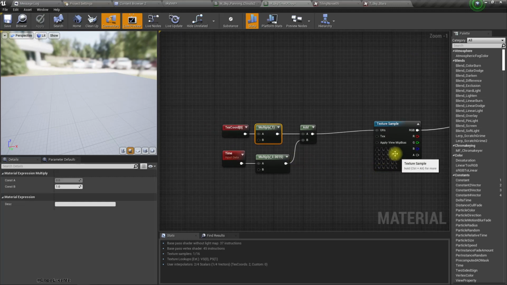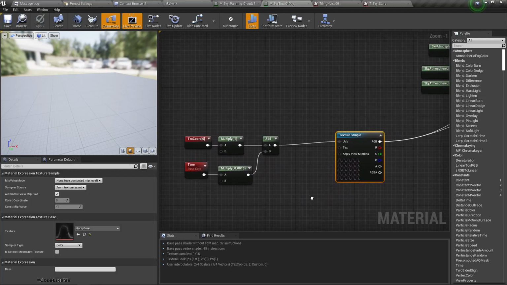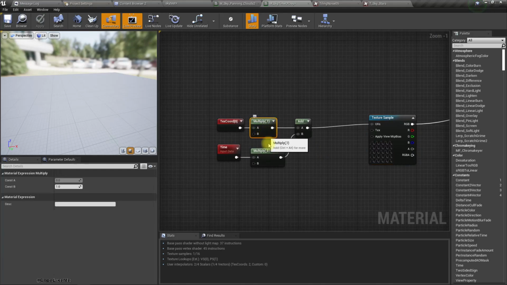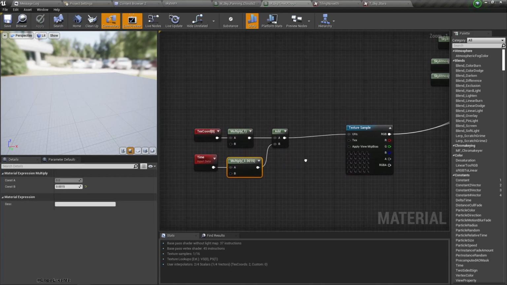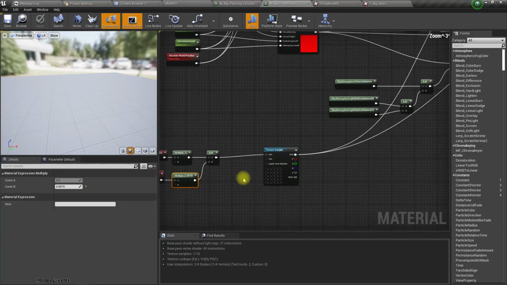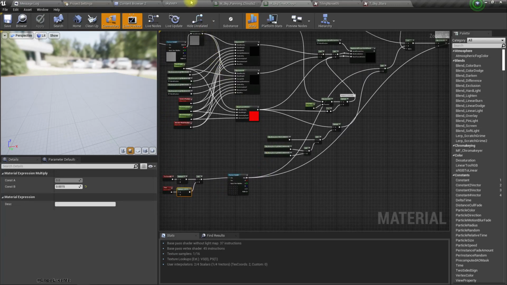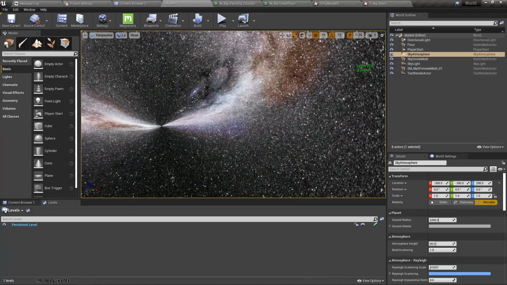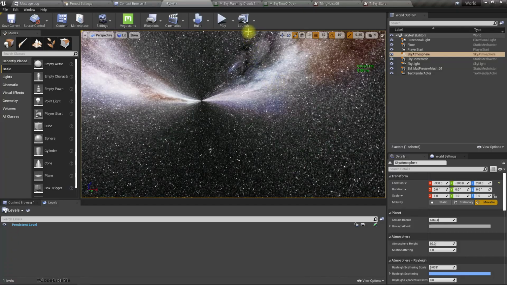Oh, why does it have tile in here? I set it to 1. Okay, doesn't matter. So yeah, what I was saying is maybe instead of trying to make it work on this sky sphere,